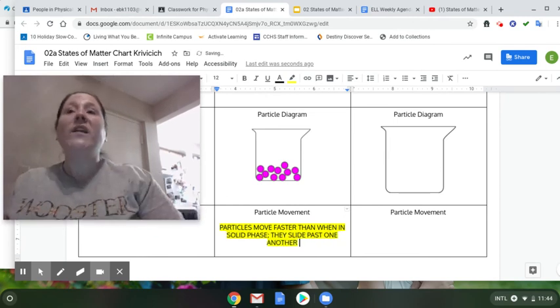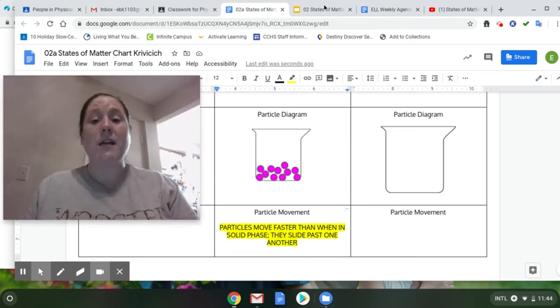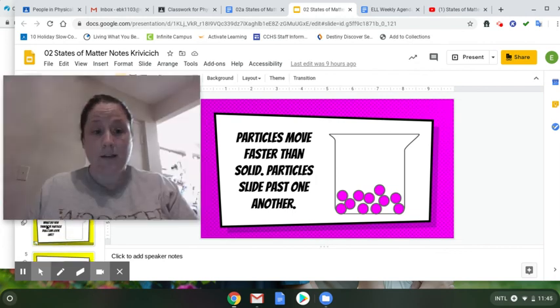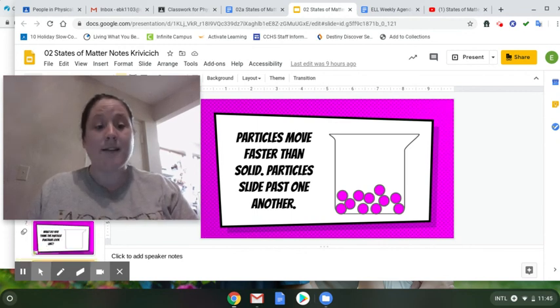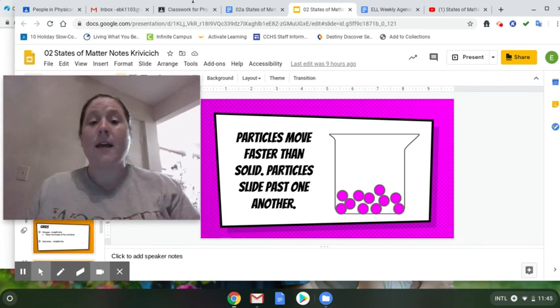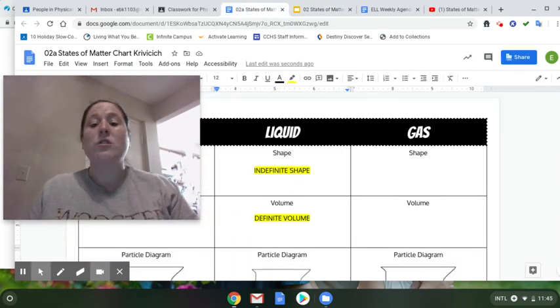All right, you are going to do the same method for solids and gases. Again, using this presentation, you can see that it's color-coded. So yellow has all the information for solids, purple has all the information for liquids, and orange has all the information for gases. Now, if you look at this chart, you'll notice that it's just this first page. So all you have to do is fill this out, and when you're done, you're going